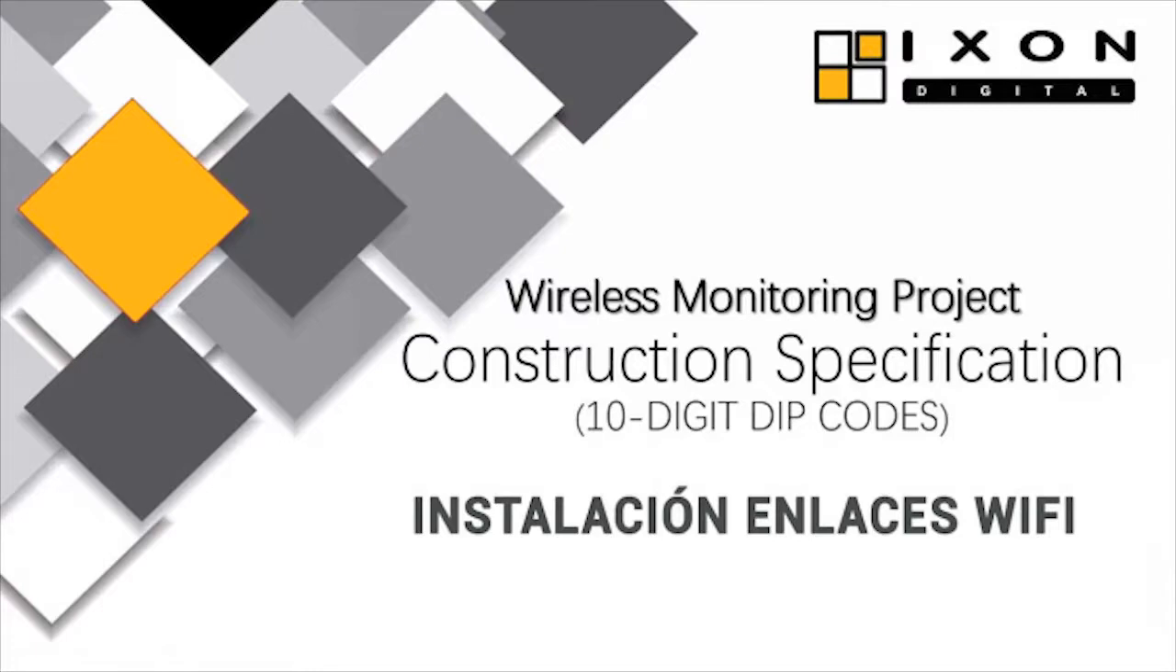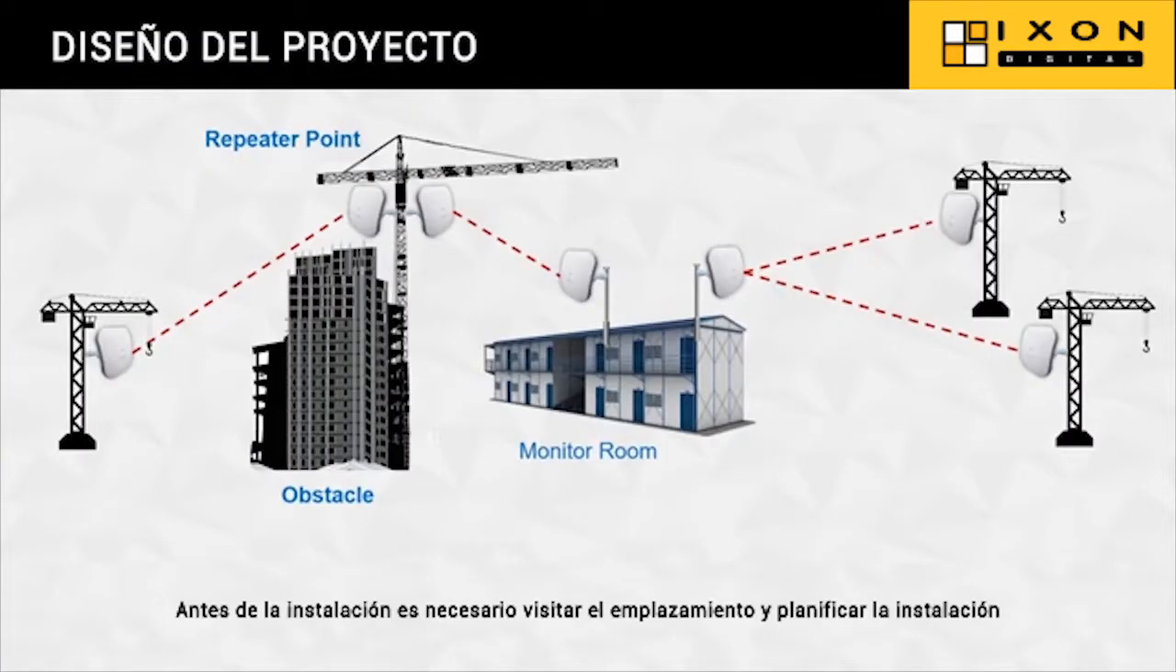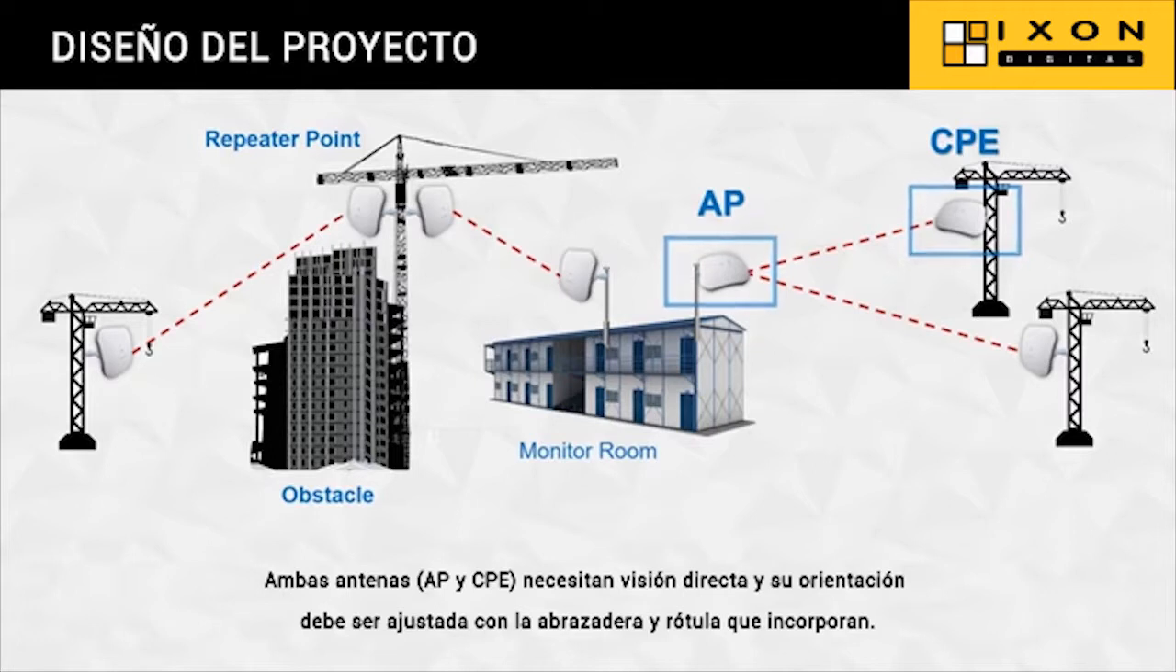Wireless monitoring project. Construction specification. Before the construction, it is necessary to survey the site and do the link planning and design. The same group of AP and CPE need to face each other, and the transmission angle can be adjusted with an additional bracket